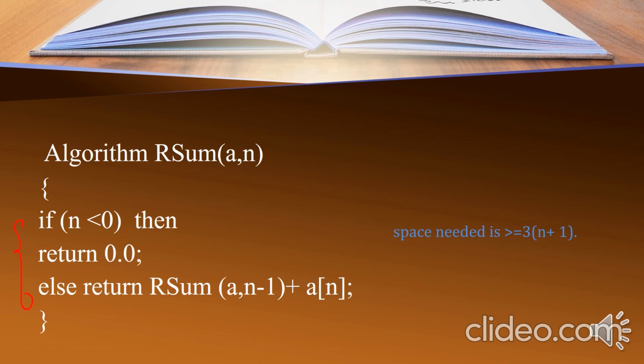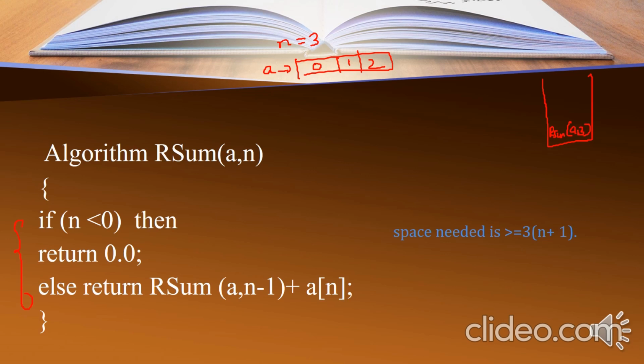All these are executed based on the recursive call. Suppose the array contains 3 elements, 0, 1, 2, and then n is some 3, then how exactly this R sum is going to work, that we'll see. First of all, R sum a comma n, 3, that will be called.